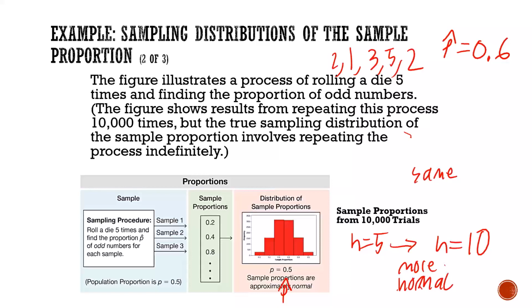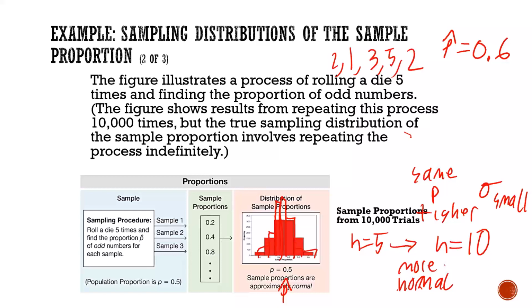Same proportion will be in the center. Same average proportion, but it will also be tighter, which means your standard deviation is going to be smaller. So instead of looking like that, maybe it will look like, let's try and make it symmetric. But the bars in the center will be taller, and the ones on the edge will be shorter, and there'll